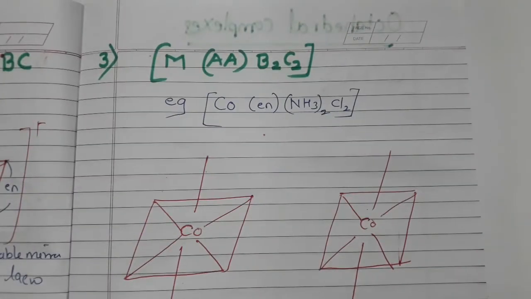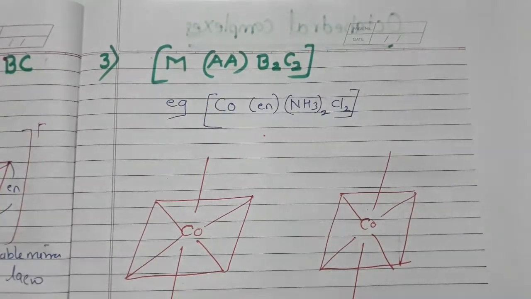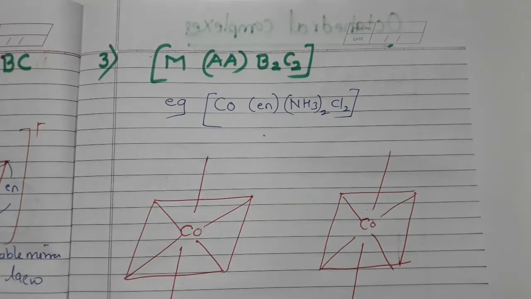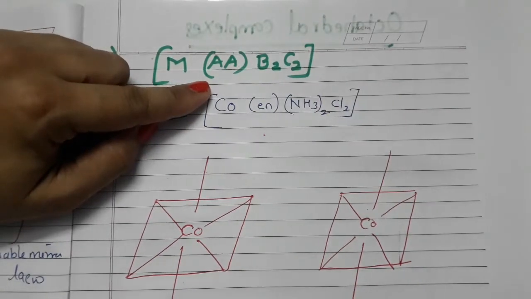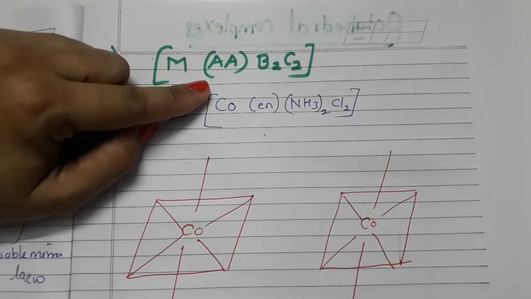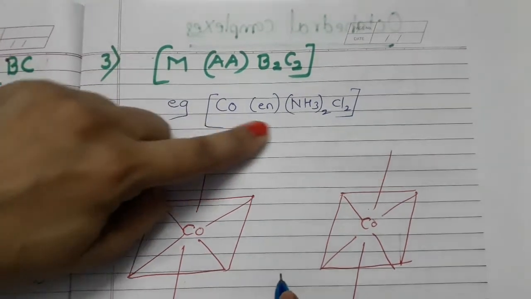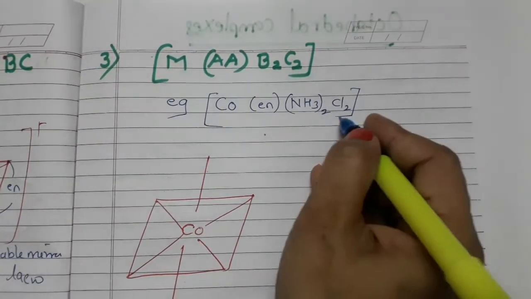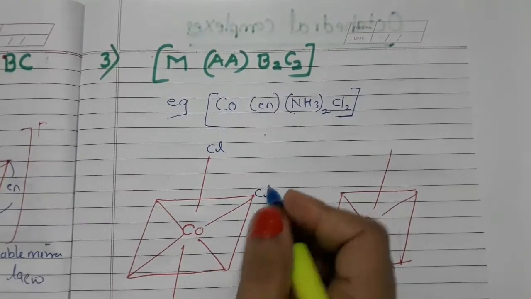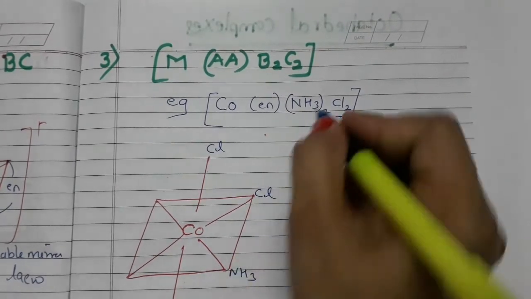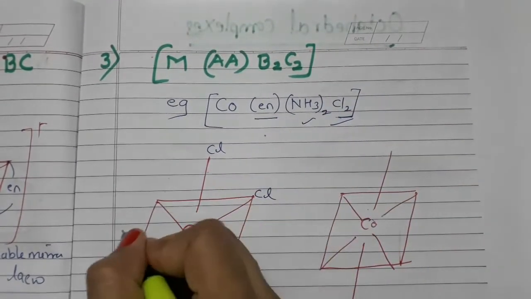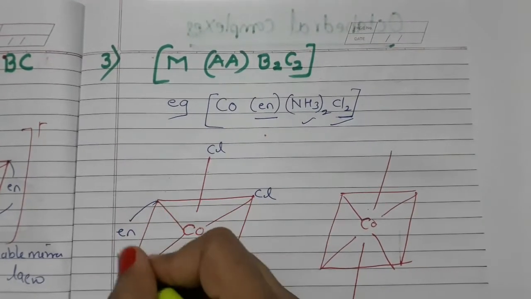Now let us go to this type, which is AAB2C2. How can we draw this type of structure? Let us give thought to it. In this structure, we have AA, which is a bidentate but symmetrical ligand. Let us take this example which I have already written. Suppose I take Cl and Cl at the cis position. I write here NH3, I write here NH3. So, I have located the positions. I have ethylene diamine, that is En, nitrogen and nitrogen.